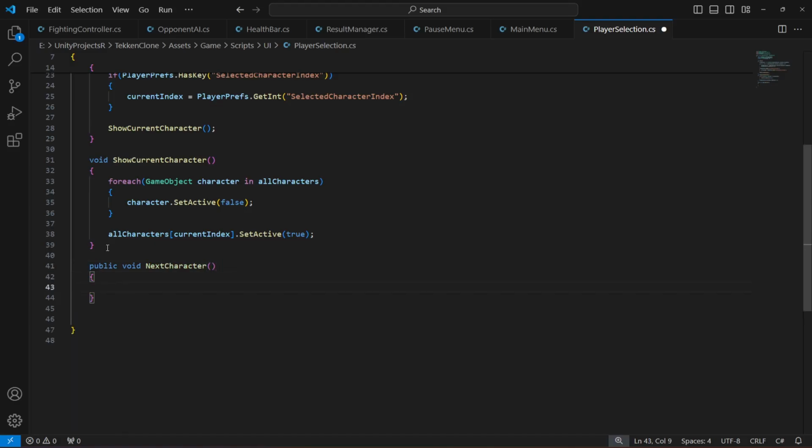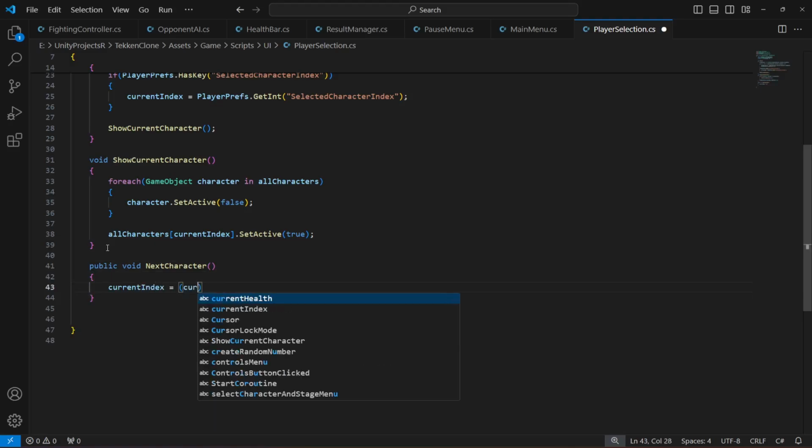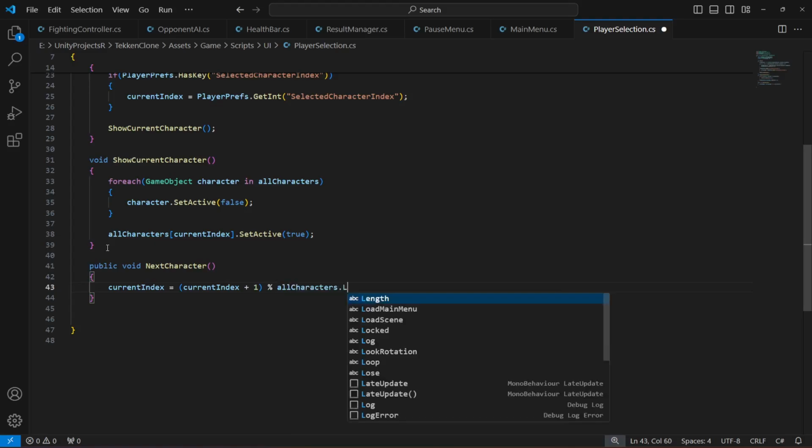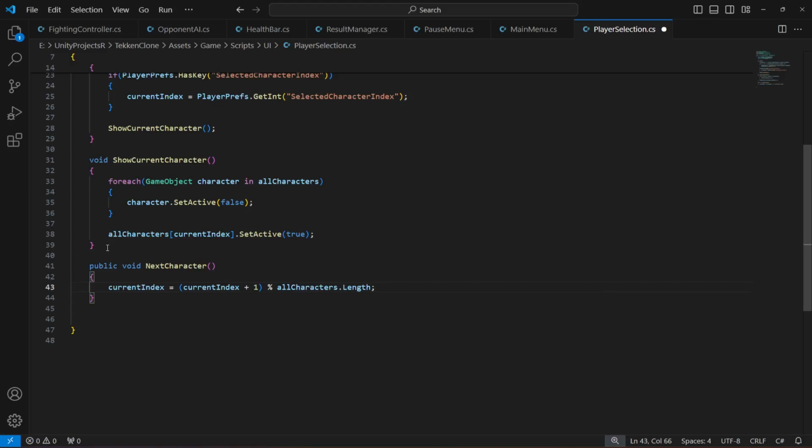If we press the next button, then what we want to do, the current index will be equals to current index plus 1, current index plus 1 divided by all characters dot length. Right, so it will keep going until the length is finished,